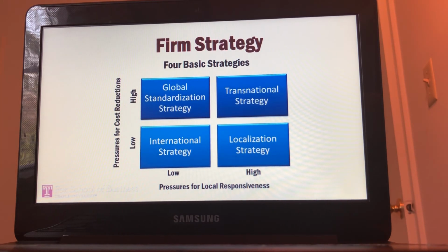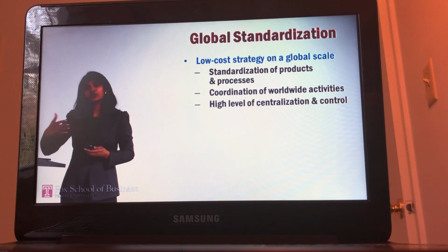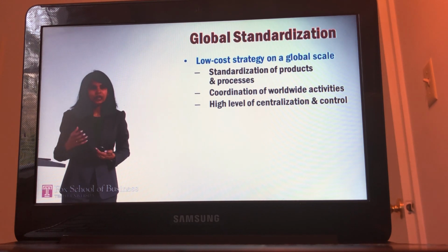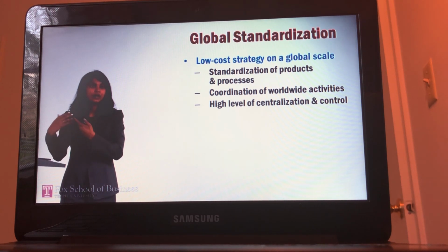Then, if you look at the upper left quadrant, you'll find firms which face very high pressures to reduce their cost because there is huge competition from their rival firms. But if you look at the local responsiveness pressures, they're pretty low. Firms which find themselves in this quadrant follow what is known as global standardization strategy. What this strategy tells us is that these firms want to follow a low-cost strategy on a global level, such that they believe in standardization of products. They want to build universal brands. They want to build universal strategies. And they want to achieve these low costs through economies of scale, through learning effects, and also through